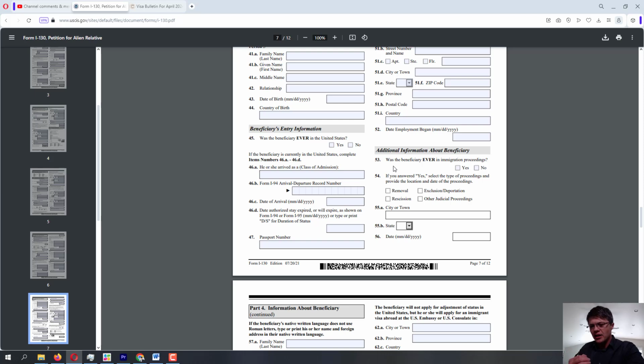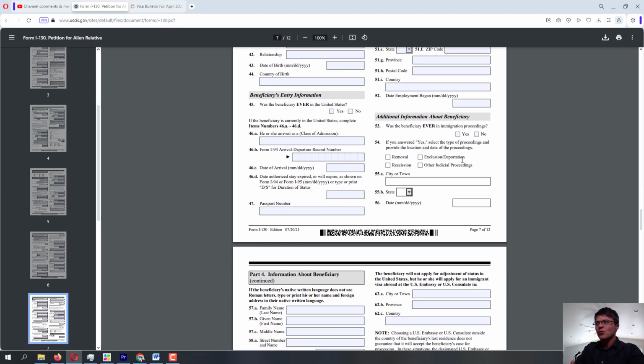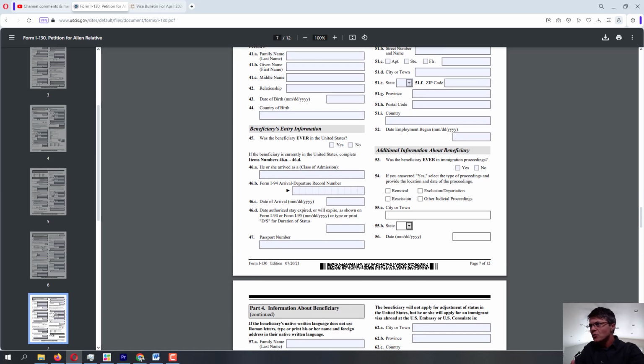And as I understand correctly, you are the beneficiary and you have an immigration proceeding currently happening, and that's the application for asylum, your I-589. So in your situation, if I'm understanding correctly, the answer will be yes. And if you answer yes, select the type of proceedings and provide the location and date of the proceedings. So in your situation, it's going to be removal, rescission, exclusion, deportation. It's going to be either exclusion or other judicial proceeding.